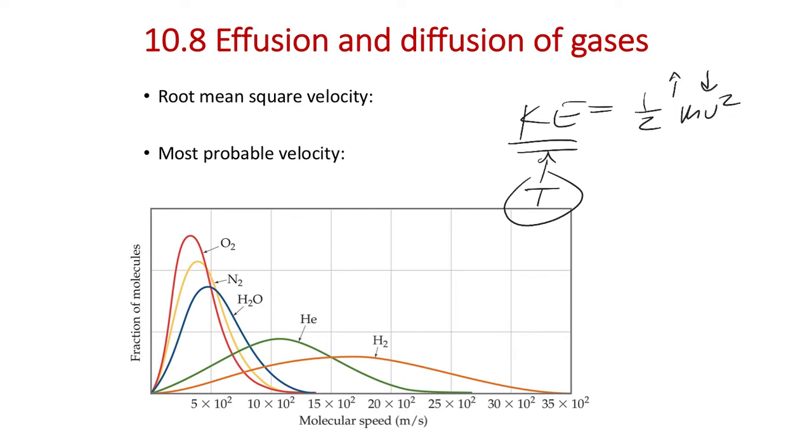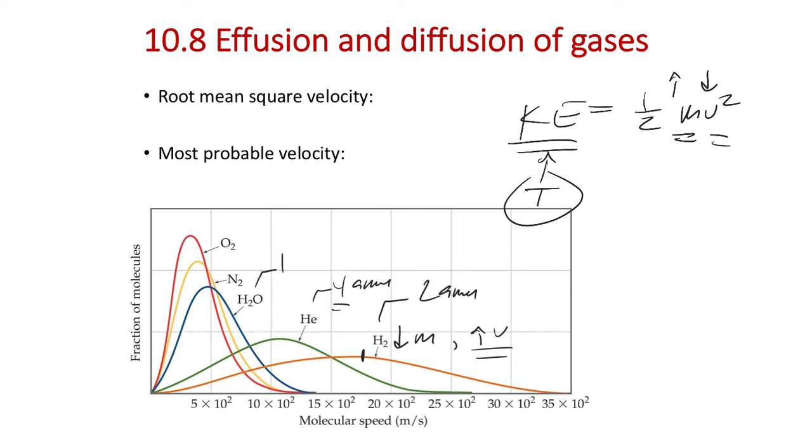You can look at a given gas sample and see that the lighter particle, hydrogen, has the highest velocity of the gases on this slide. The average, most probable, all those points for hydrogen are going to be higher because hydrogen is 2 AMU per particle. Helium is about 4 AMU, a little bit more massive, so if it has a higher mass, it has to have a lower velocity on average. So the velocity distribution for helium is lower than hydrogen.